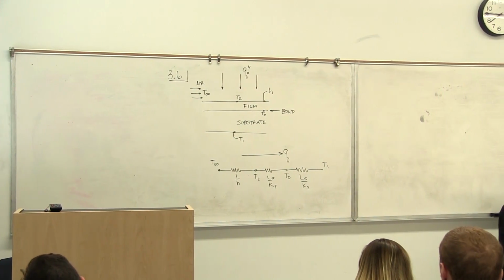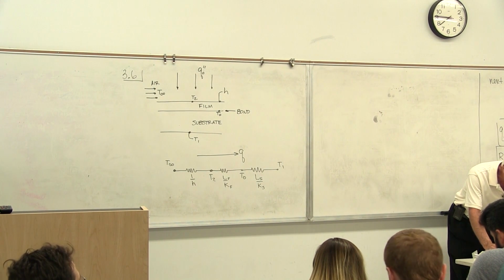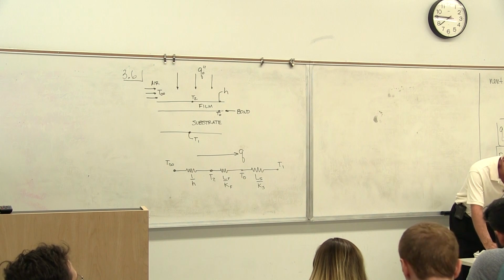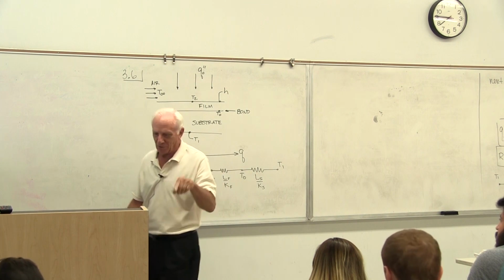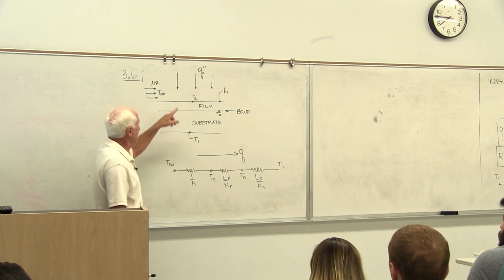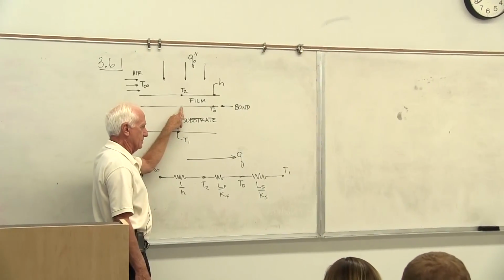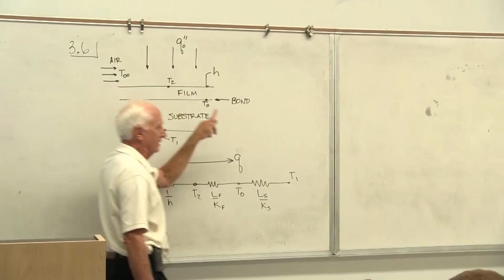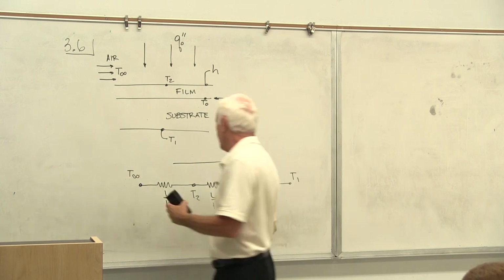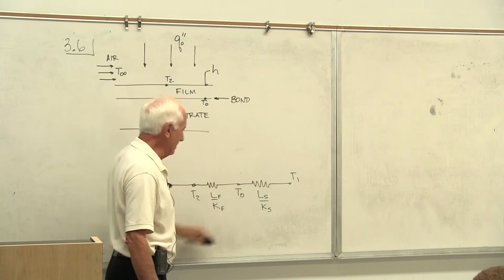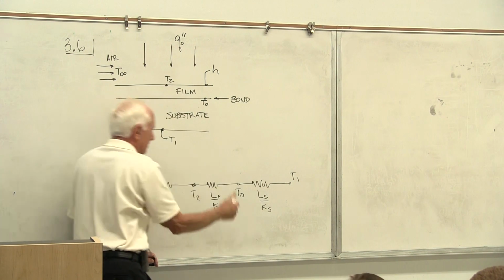A transparent film is being bonded. The heat flux that comes in, Q naught double prime, all of which is absorbed at the bonding surface. This Q naught double prime goes through the film and ends up where my finger is. Okay, now I know. If I read it 2 or 3 times very carefully and look for key words, now I know this is not right. No, the Q doesn't go there. Again, where does all that Q end up? Where my fingertip is. Okay, now we got it.